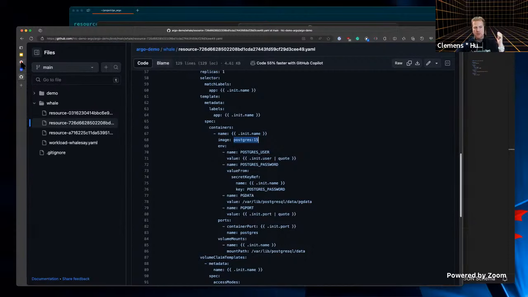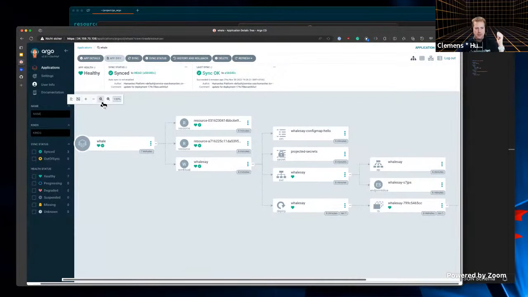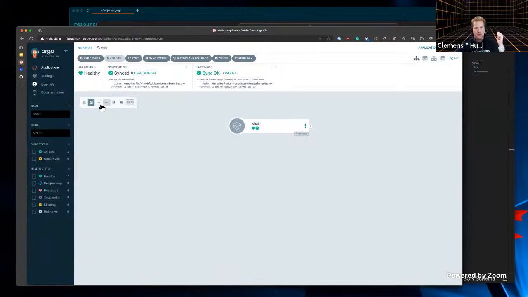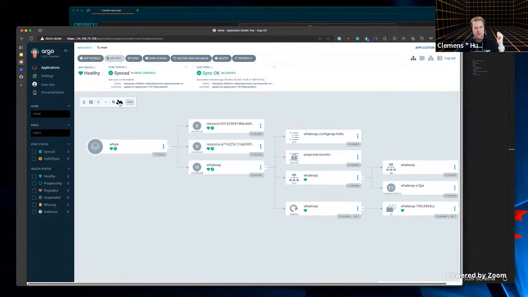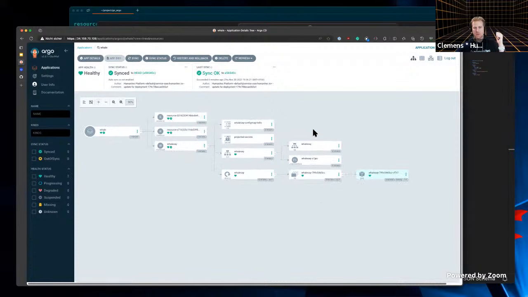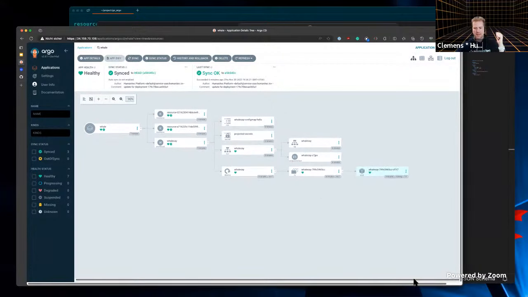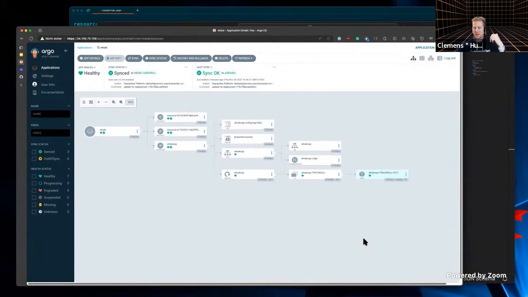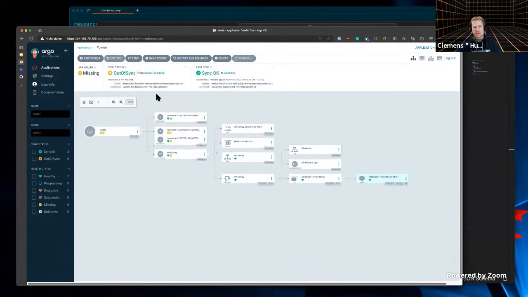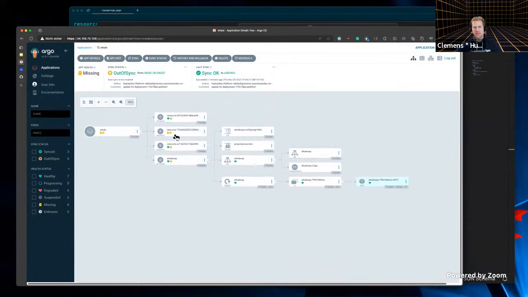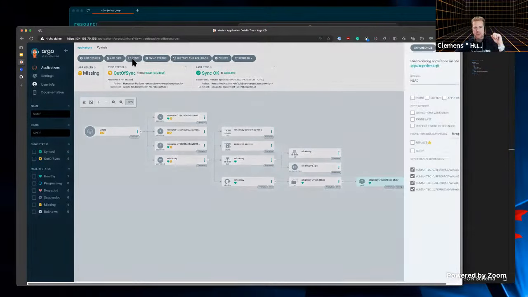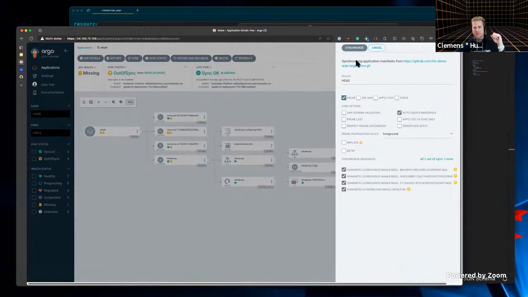And let's see how that looks on the GitOps side. Let's zoom out a little bit so you can see all of those resources, because I think that's literally the most interesting moment when you actually start deploying something and then you see live the changes which are happening. Right, so I'm going to refresh this and then I can see it should be out of sync. Yeah, and I can already see here's a resource which has a little yellow ghost that's not present yet. And there are changes to all of the other ones. So let's sync this and see what happens live.